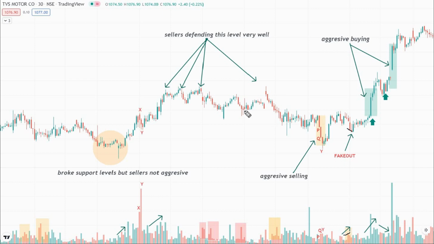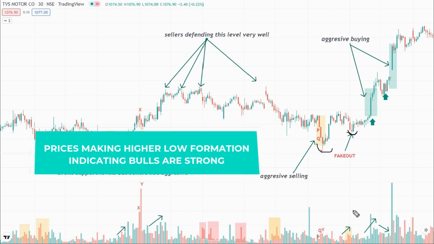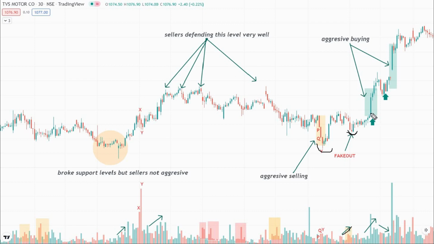So multiple times this level is getting tested, and then we are seeing absorption of supply, then we are seeing weak selling pressure with higher low formation. See, this is a very important point. Prices are making higher lows, and there is also a price and volume divergence. Then what is happening at this area? Volumes are sustaining, and there is rejection of lower prices